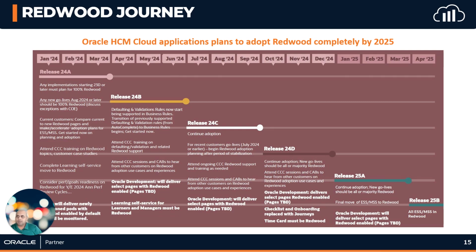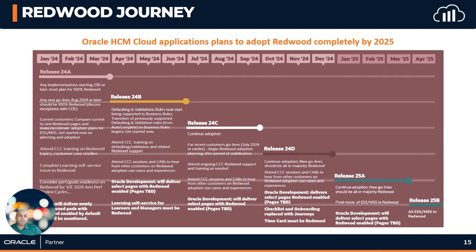As you can see, in January 2024, with the release of 24A, they mentioned that any implementations starting 23D or later must plan for 100% Redwood. Any new go-lives August 2024 or later should be 100% Redwood, and they have the plan for release 24B as well. You can see, then it's a continual adoption. They have planned for 24C and 24D,